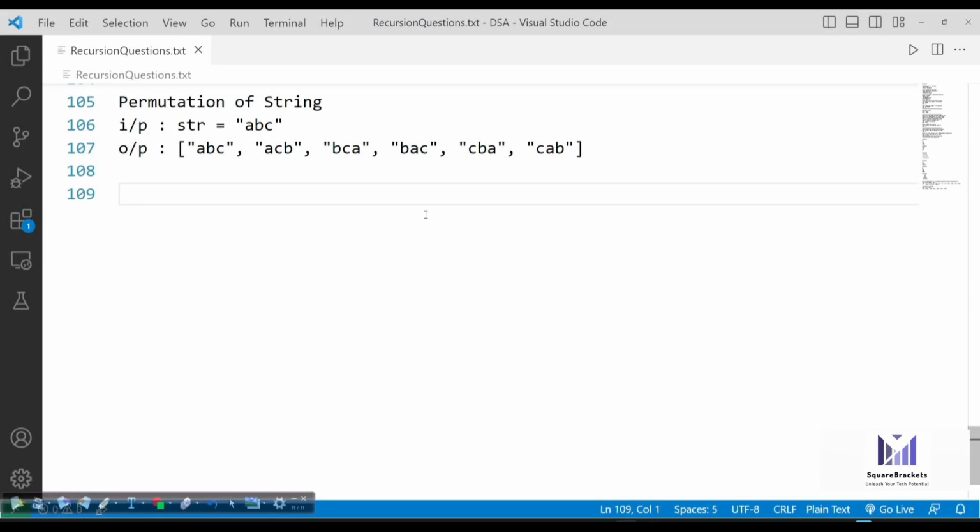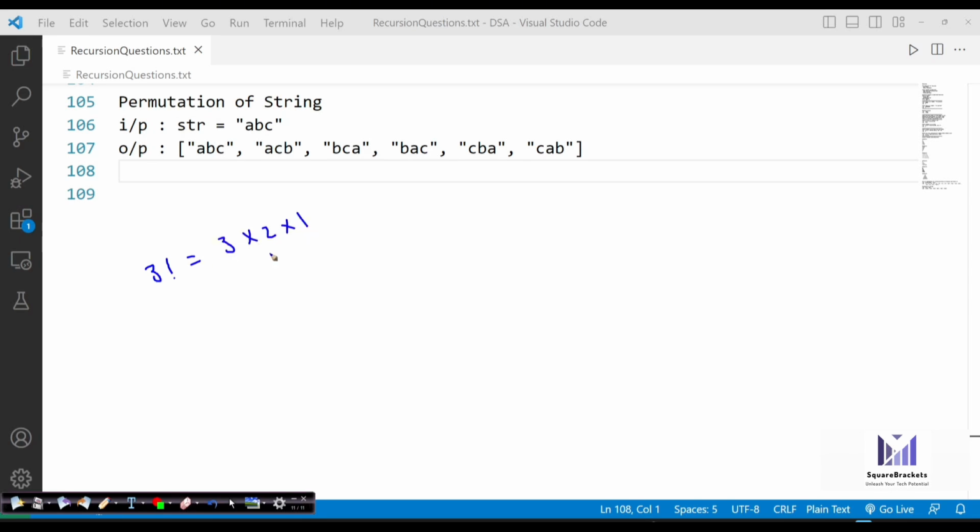So basically in this question, permutation of string means that whenever you have two things, there is either combination or there is permutation. If we talk about permutation, say there are three characters. If the length is 3, you have to find the factorial of 3, that is 3 into 2 into 1, that is 6. So it means a total of 6 permutations will be generated of this particular string. First thing, it means you have to return an array list from this particular program.